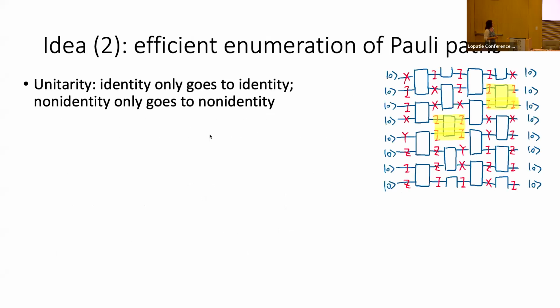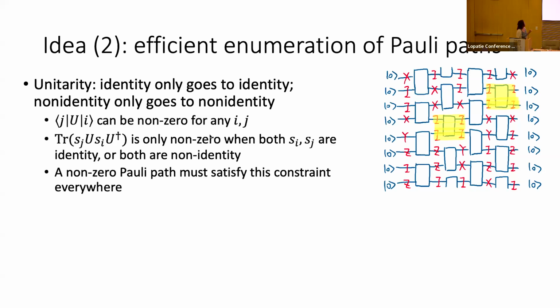this is not enough because it still gives us quasi-polynomial. In order to actually handle the situation and reduce it to a polynomial, you have to do some work, and you have to go into the combinatorics of these Pauli paths, and it turns out that not all Pauli paths are valid. In fact, only a very small fraction of them is valid, and we have to be able to run over only those Pauli paths, and I'll skip the details here.